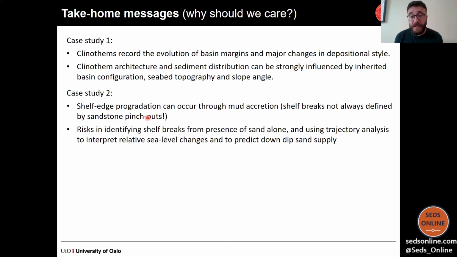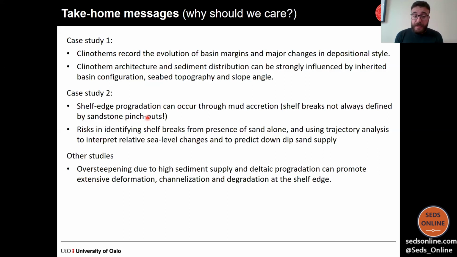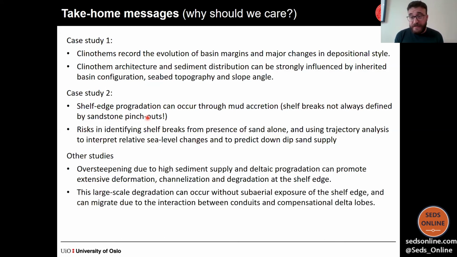And of course, it implies that using trajectory analysis alone to predict deep-water sediment or sand supply can be problematic. From these other studies, we know that oversteepening due to high sediment supply and delta progradation at the shelf edge can promote a lot of deformation, channelization, and degradation in the shelf edge. We know that this degradation can occur without subaerial exposure and that it can migrate, and eventually the interaction between conduits and compensation of delta lobes can create large incisions that basically funnel all the sediment